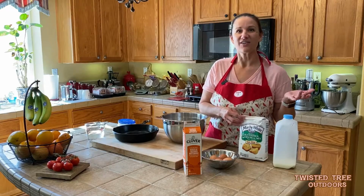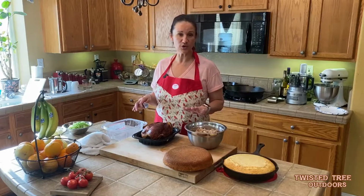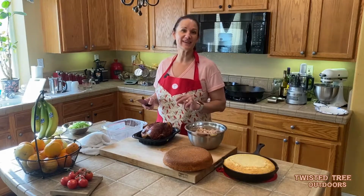You can cut this. So because I'm doing a double recipe and you're probably looking at going, holy crap, that's a lot of stuff. We will put the,